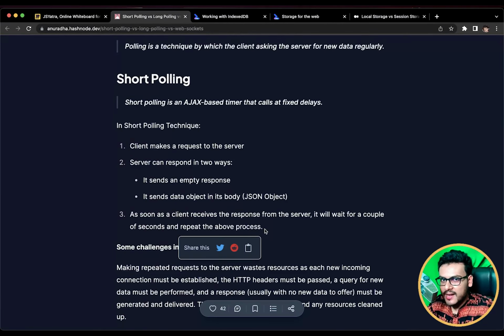And there is no guarantee here about which request will be served first. Let's suppose you have an interval of 1 second, and the first API took about 5 seconds to respond, but the second request responded immediately. So on the UI, you will show the response of the second interval first, and after 5 seconds, the response of the first request will come back, and then I show that data.